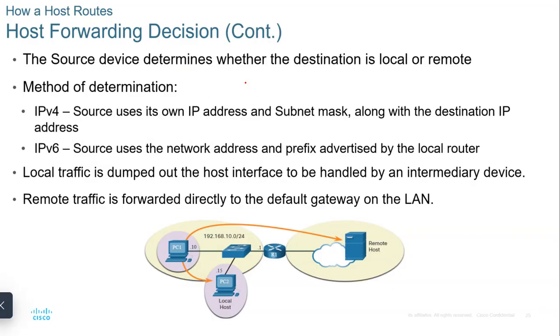Forwarding decision: the source device determines whether the destination is local or remote. For the method of determination, we use the IP addresses, and we have two versions. The source uses its own IP address and its subnet mask along with the destination. If the source and destination IP addresses share the same subnet mask,